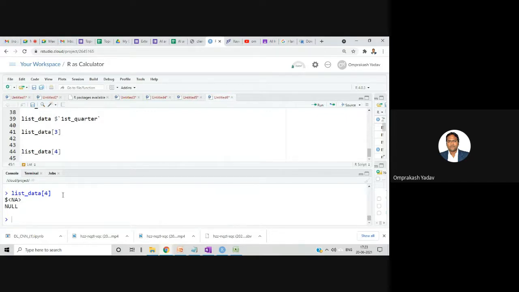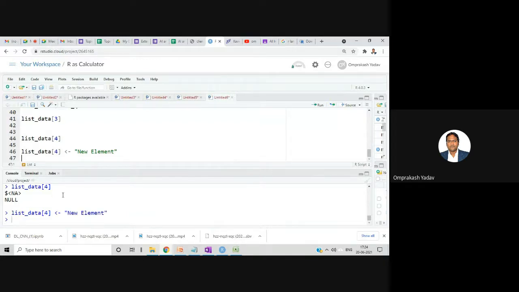What I'll do, I'll try to add one element at the end of the list, okay? I'll add the element to list data at the fourth position, and I'll mention the name as new element.